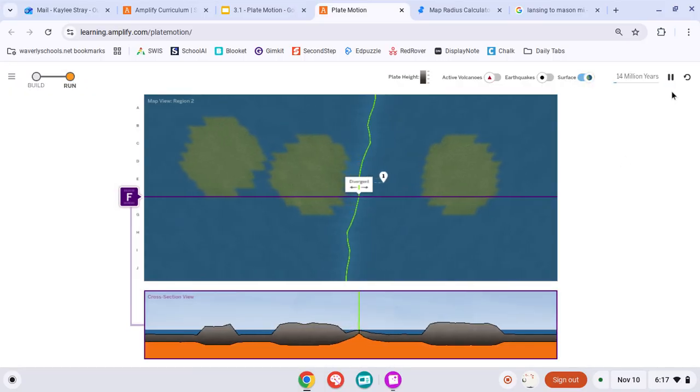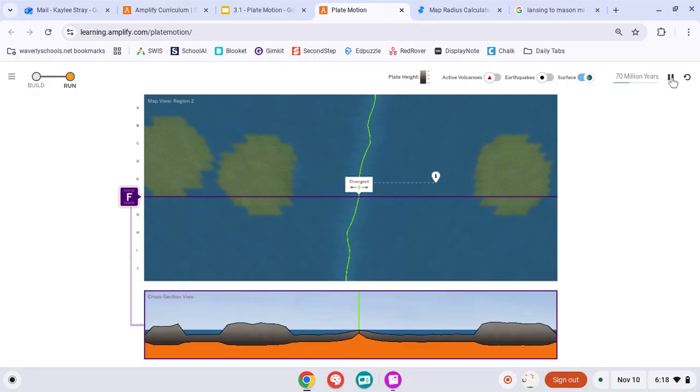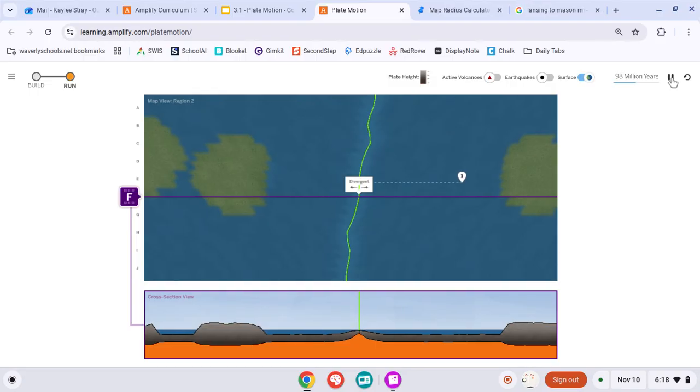Okay, 100 million years. Let's see if I can get this on actually 100 million years instead of off of it. 60, 70, 80, 90, and stop. Ooh, 99. Oh, 100. So 100 million years is the time. So I'm going to click on this. Your distance is